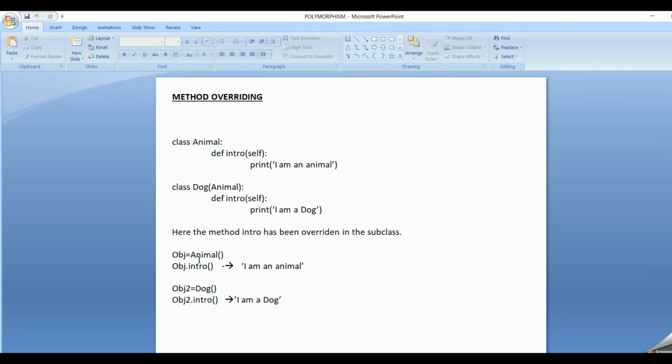And now if I create an object for animal and call the intro method, it will print I am an animal. But if I create an object for dog and call the intro method, it gives the overridden details, that is I am a dog. So this is how the method has been overridden in the derived class. This is an example of method overriding.